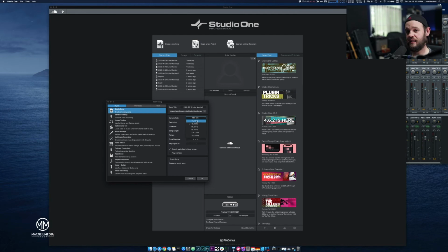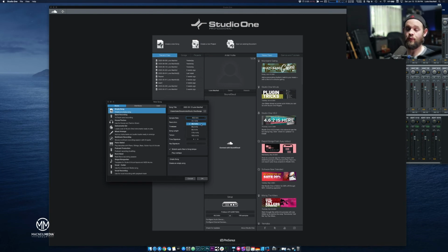A CD, not a CD-ROM, but a CD that you would play music on, is fixed. It's always 44.1 at 16 bits. So if you're outputting to a CD, if that's your primary medium, then that would make sense to record at 44.1. That's one theory. Other people record at 48K, and then when they're done, when they do their export, they might cut it down. So that's handy, because a DVD, like a movie or something, those are usually at 48K